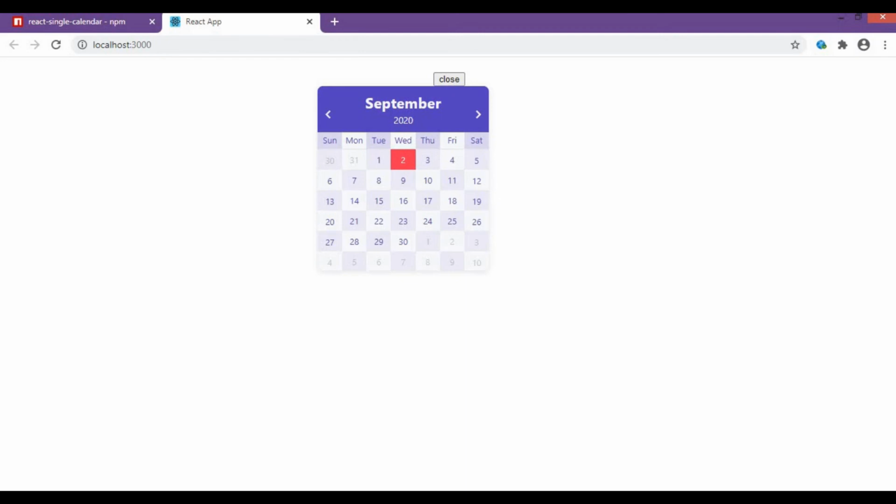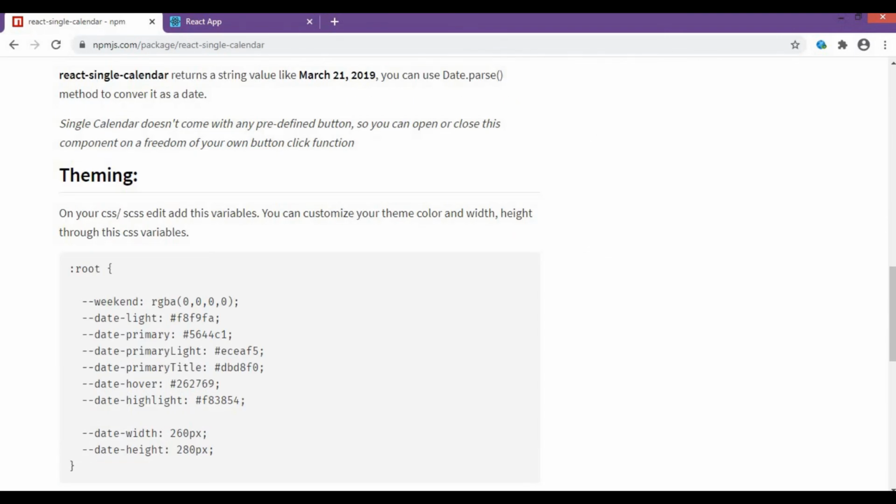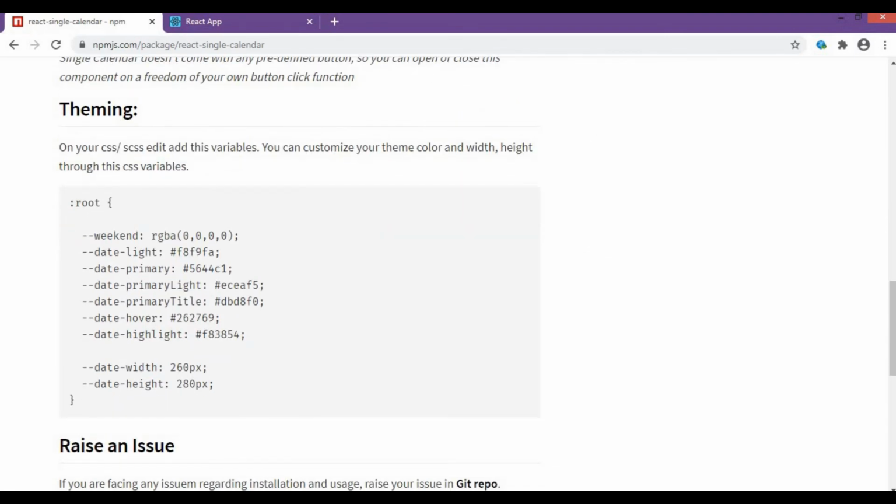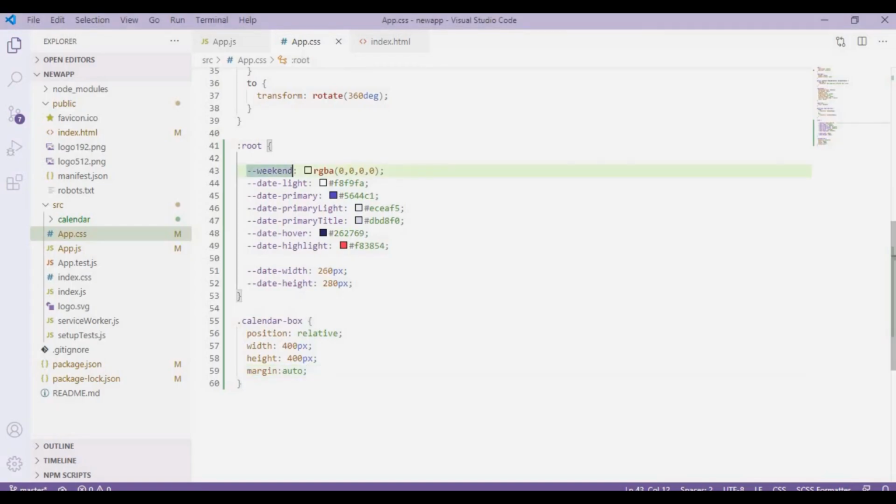Now last thing I'll show you is to change the theme color. So as in the documentation it is saying, we are using only CSS variables for this theming concept. So I'll change this color, and let's see how it is happening. Let's go back to our code again, and here is the theme concept.